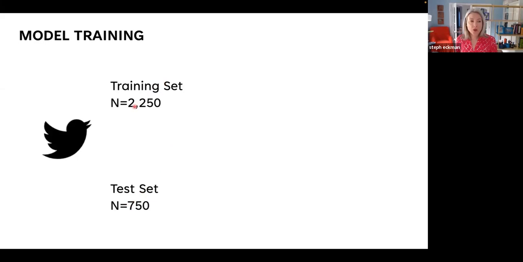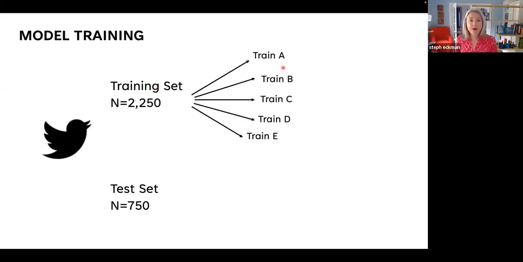And then on this training set, we trained 5 models: a model trained on just the labels collected in condition A, another model trained on just the labels collected in condition B, and so on. So we end up with 5 models here. And then we can evaluate each of these against the test set, and we'll look in more detail into how that works.